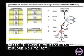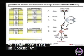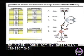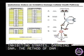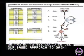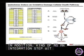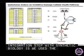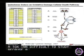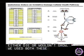And our interest was looking at quinolones to start off with. So we looked at norfloxacin, a gyrase inhibitor. Quinolones act by inhibiting gyrase, damaging DNA, and it's thought that through that action they mess up DNA replication, which is the primary way in which they kill. We wanted to see, could we use our network-based approach to gain insight into other ways in which these things are killing? In addition, as an integration step with synthetic biology, we used the riboregulators that we engineered to also control CcdB, a toxin which had been difficult to study before because it expressed at low levels, and with the type of expression vectors you typically would have, cells would either die or they wouldn't grow. We used both of these in combination with our network approach to see what was being induced,